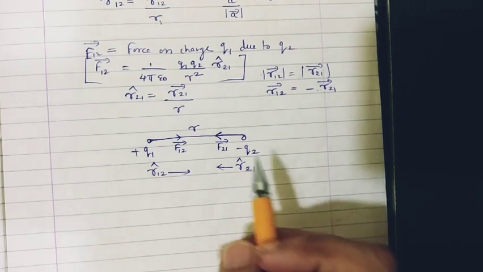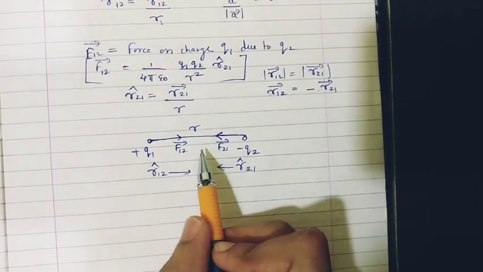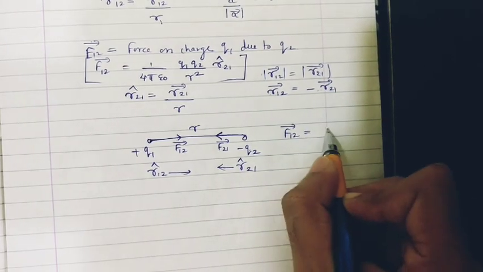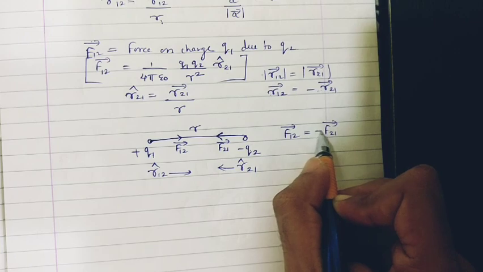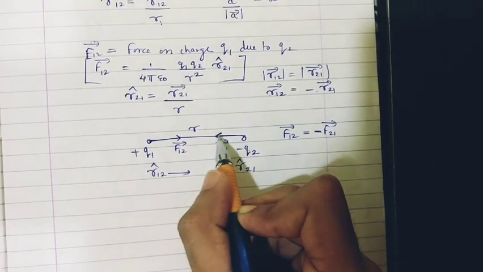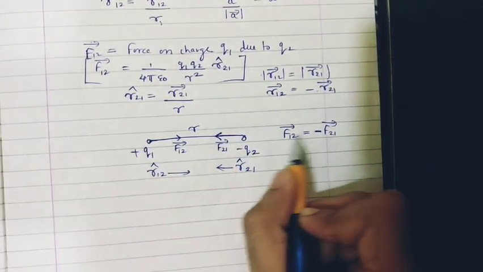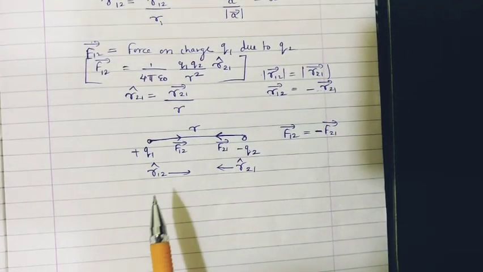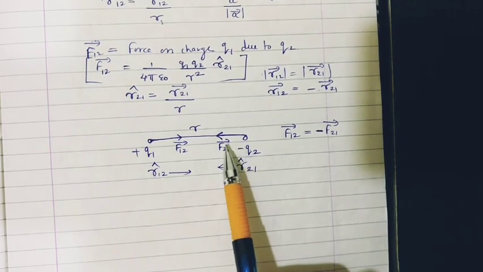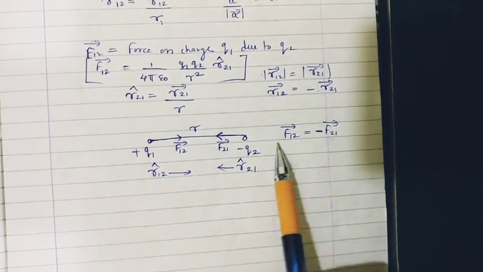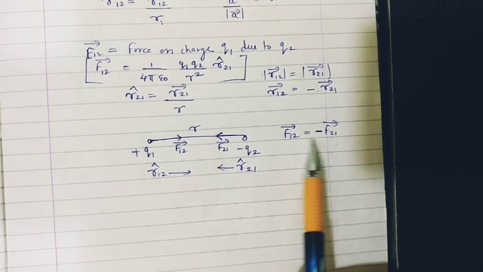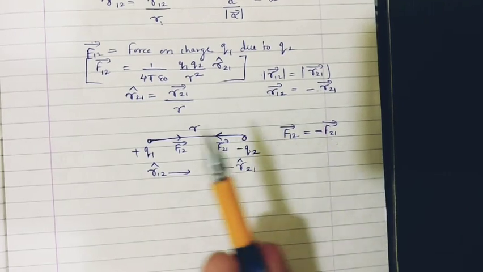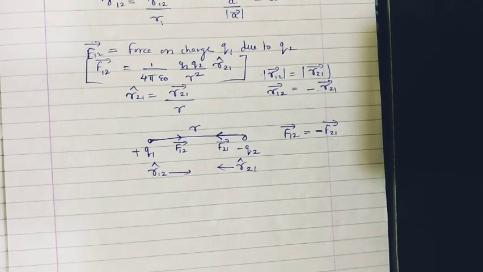So now in this case also the forces, if you see, if you want to equate the two forces, how will you write it in vector form? It is going to be F12 is equal to F21 with a negative sign. Why? Because they are opposite and equal, because I said the charges are equal. So they are equal and opposite. What does this mean? This means that the two charges exert equal and opposite forces on each other. So the Coulomb's force in this case, we can say, obeys Newton's third law of motion also, right? So this is the statement we can make.